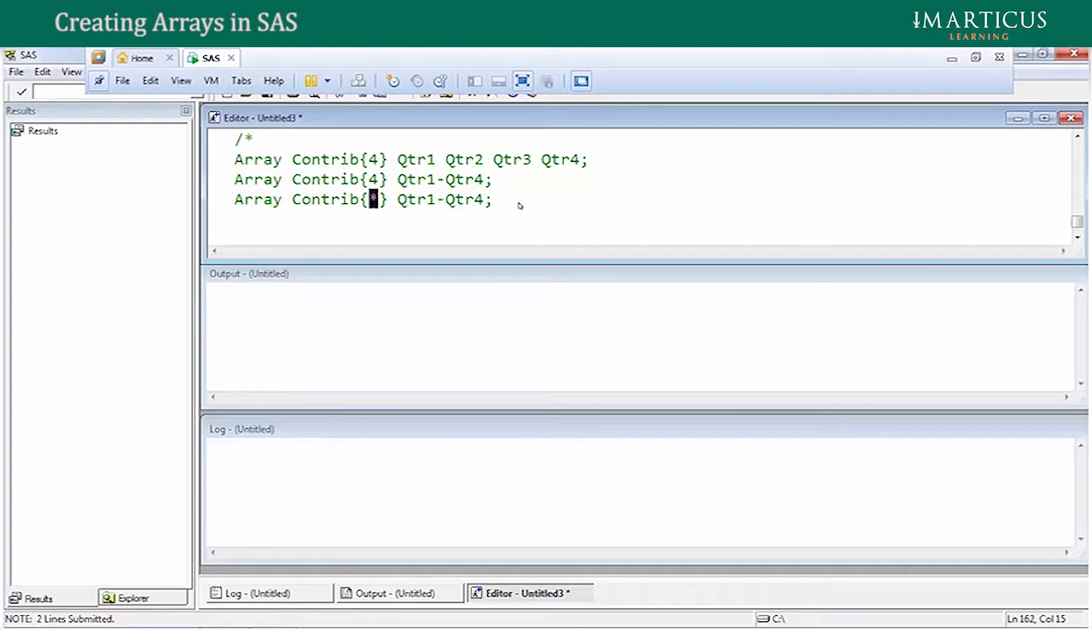In case you want an array which is character type, then this is how you need to declare it. So I say array country, and I specify some dimension, say 5. I want this array to be character, and the length of every element that I am going to assign to this array should not be more than 2 characters. So I say array country, then in curly brackets 5, and then you say $2. And see, in the previous case we assigned variables to our array